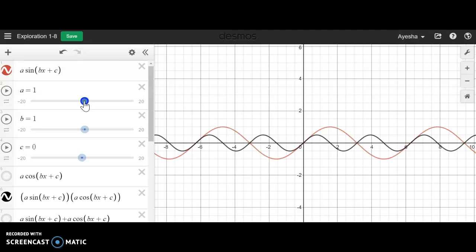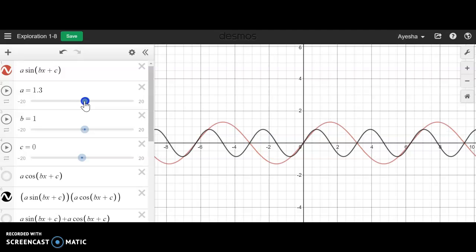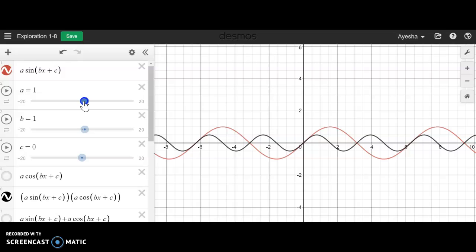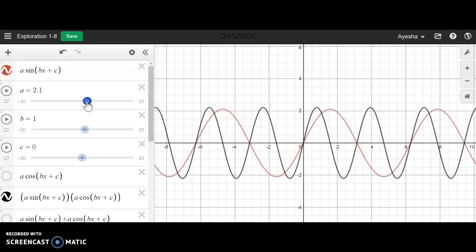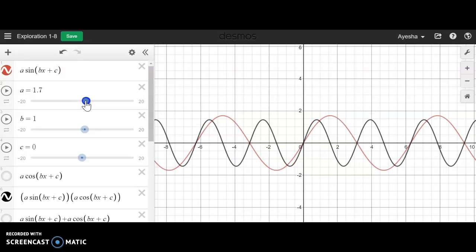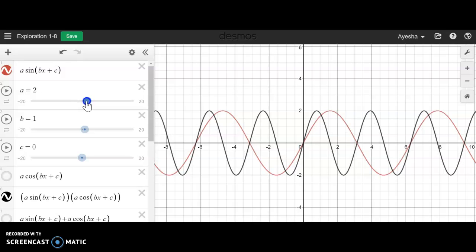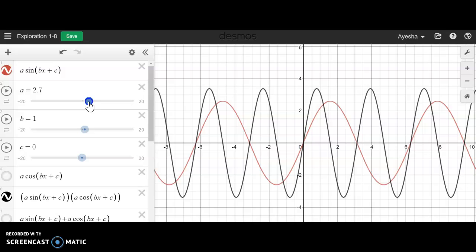So it looks like the amplitude of h of x is smaller than the amplitude of sine bx plus c up until a is about 1.6, maybe close to 1 point. When a equals 2, the amplitudes are equal, and then